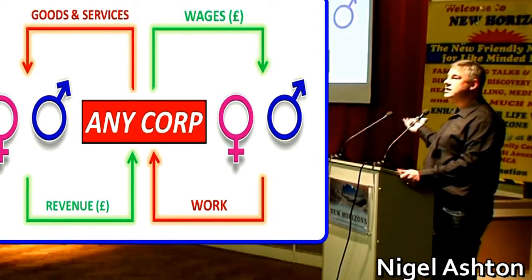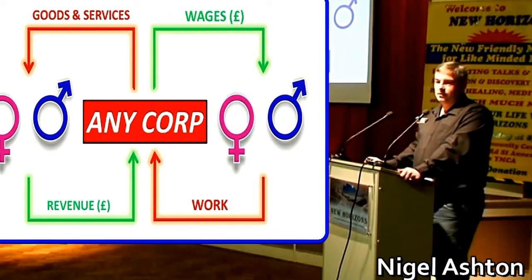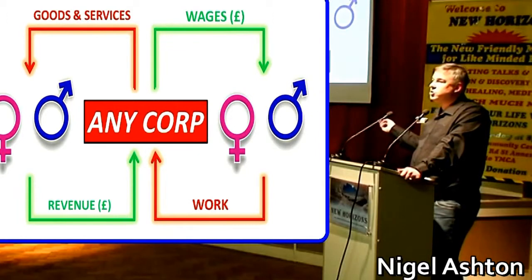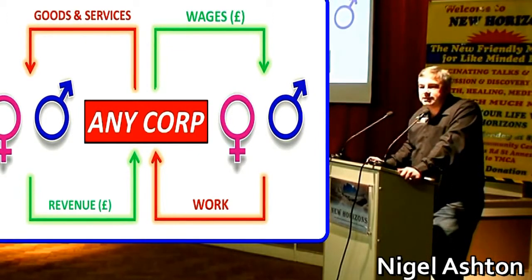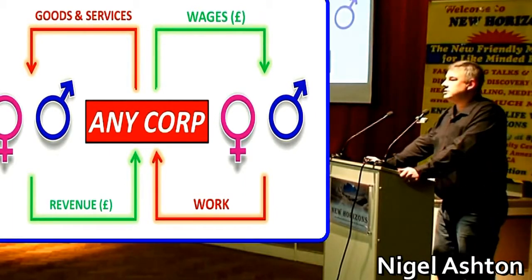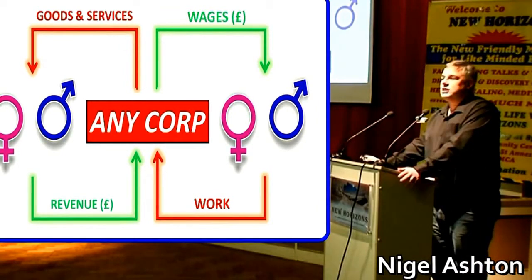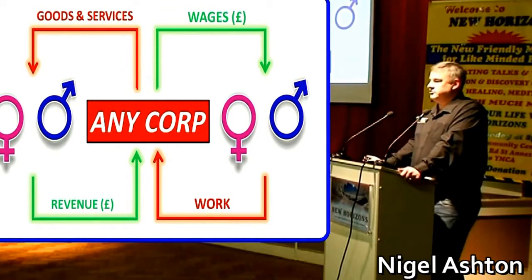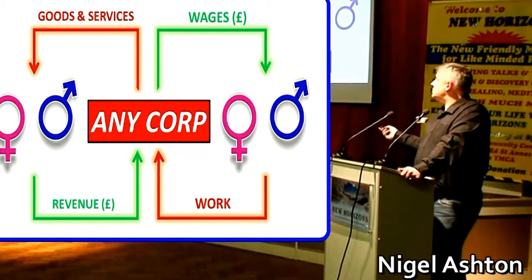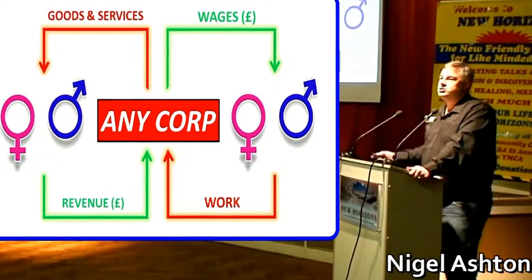So this, folks, this is a parasite. It's exploiting us. This is an exploitative relationship, and you knew that. You knew that we were being exploited by these corporations. So what this does is, this provides us, it's not slam dunk, but it's a little bit more confirmation of the fact that, in fact, what we are dealing with here are different species. And by looking at it through the lens of symbiosis, you get confirmatory information.